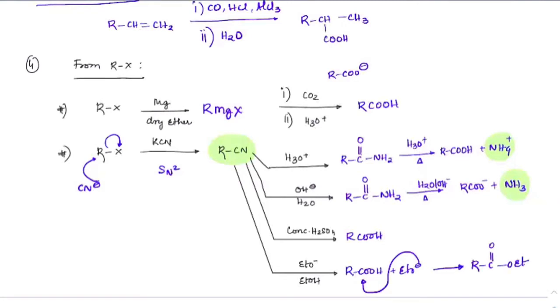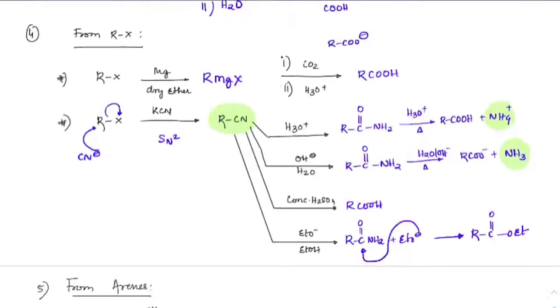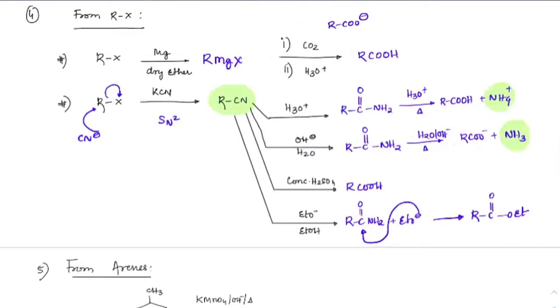Or you can think like first the amide is forming. So here I'll put it as amide RCONH2, right? And then EtO- is strongly attacking so that NH2- can leave, and we'll get the ester form. So this is the way we can make the reactions with cyanides. Please make a note fast. Most of these reactions are quite repeated, so we don't have to worry about spending too much time here.